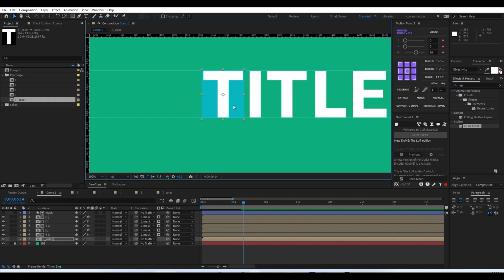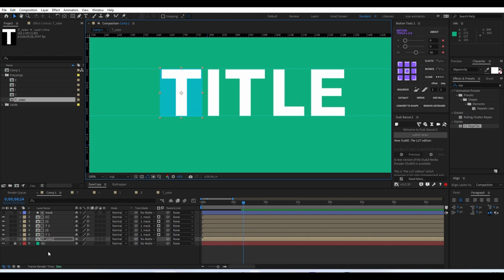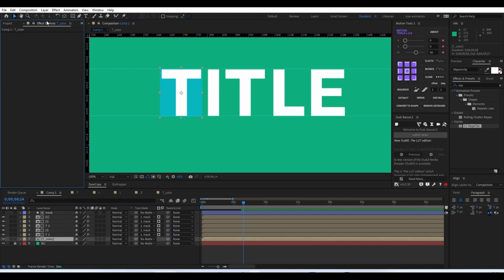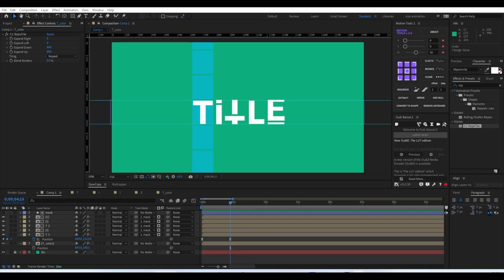So with that, one color is completed, and after that, we'll just add the repeat tile option to this color as well, and we'll expand it down just like before, maybe 800, and up also will extend 800. So after adding the repeat tile option, we can just match the animation for the position along with the letter T. So we need the animation to be the exact opposite of the letter animation. So what we'll do is we'll just align this position like this,